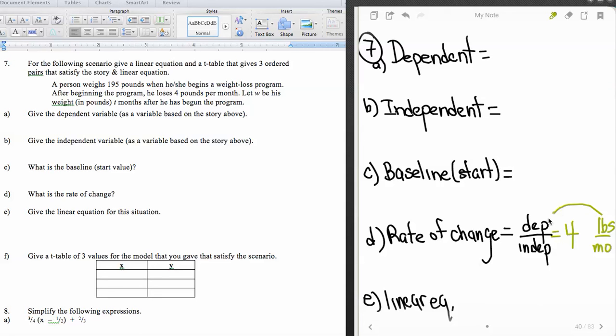But that also tells us that our dependent value is going to be pounds, and our independent value is going to be months. So that kind of nails these down. And so it says, let W be his weight in pounds, T months after he's begun the program. So we know that the dependent, the W, is equal to the weight in pounds. Now I'm going to run out of time here, so this will be continued in the next one. So we'll pick up with the independent there. So we have weight in pounds, and